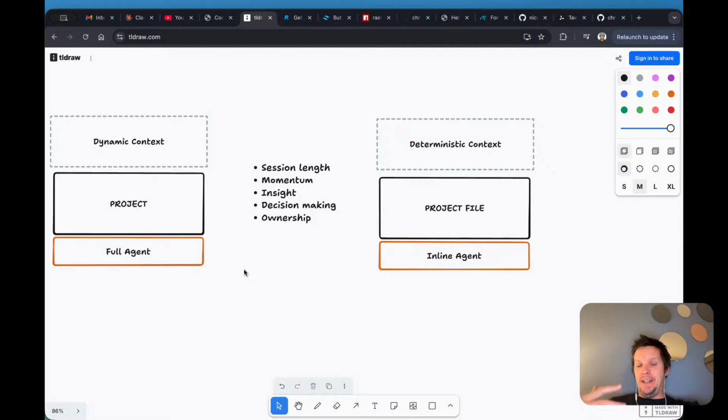Well, you have the insanely large conversation, but that's boring to read. And you typically don't jump into code. And then in terms of decision making, with a full agent, the agent makes a lot of the decisions. With an inline agent, you are making all the decisions. And again, you have the full ownership of what's generated, as opposed to a full agent where you don't have that. Again, full agents are super, super powerful, but I don't think they're powerful for actual coding, like code that you want to own and decide how it should look,